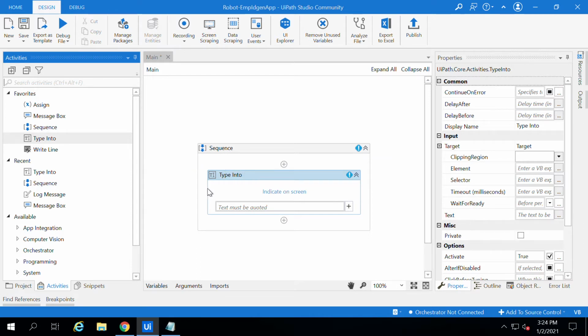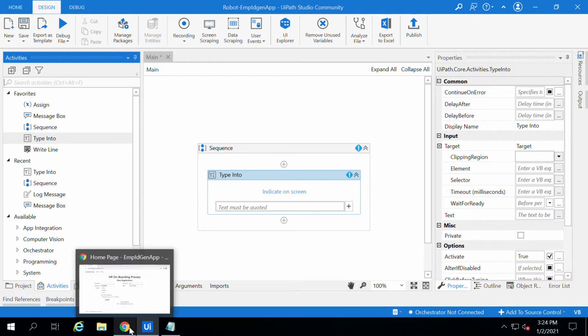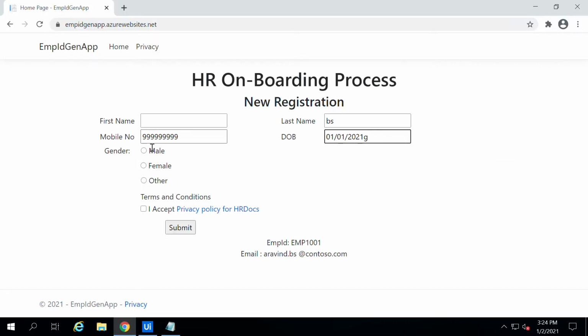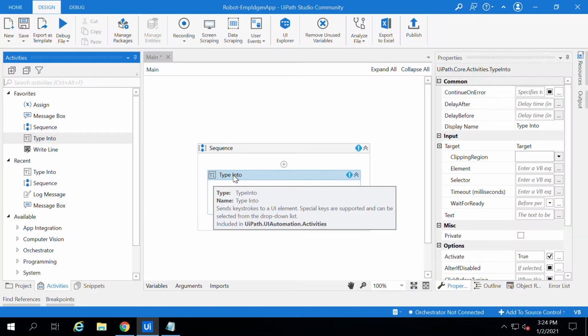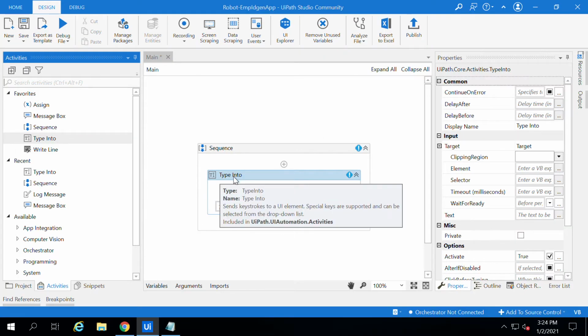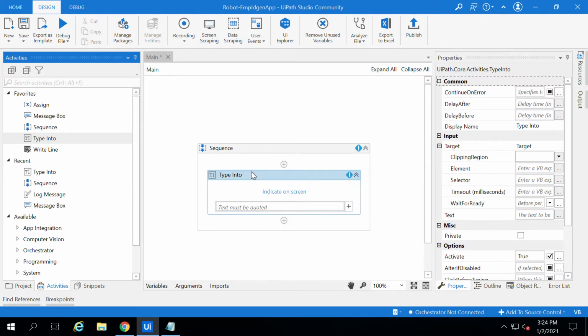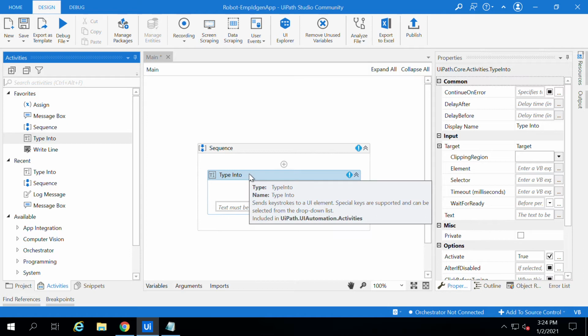Here we have to enter values into user fields like first name, mobile number, last name, date of birth from UiPath. But here I have added type into. The type into activity is specifically for entering data into a field on the UI.